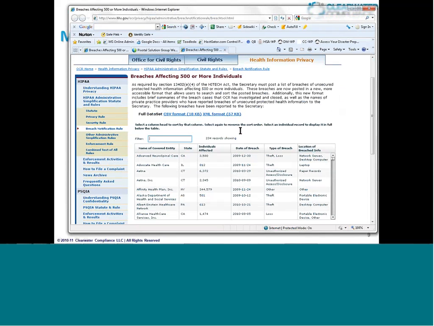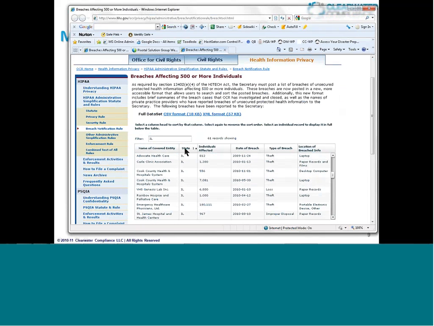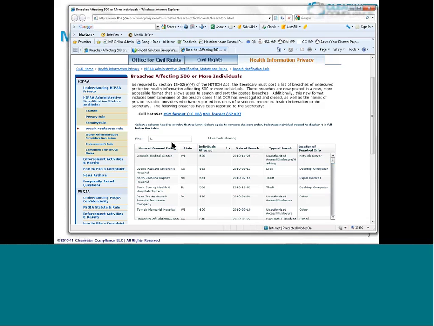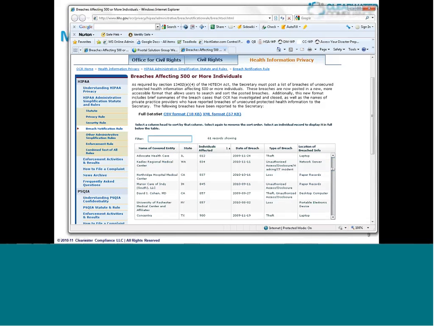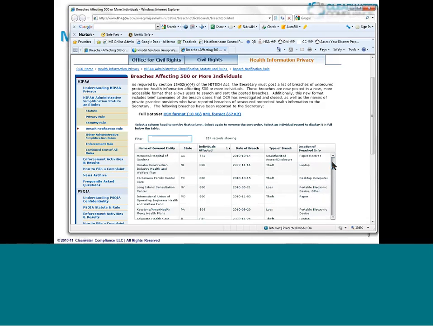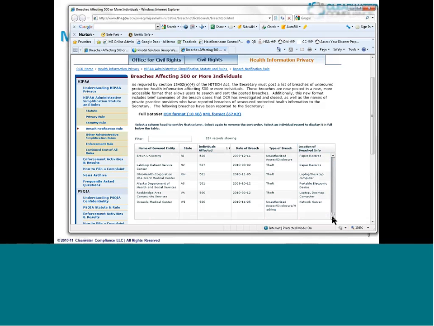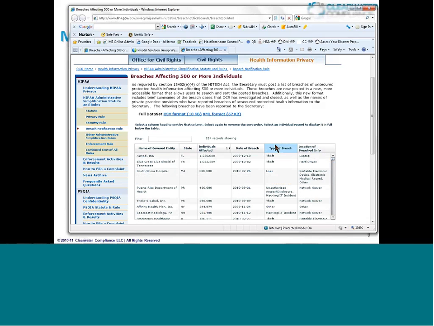You can look for medical practices. You can restrict it to certain states, or at least include only the string CA in it. Let's try Illinois. That might be a little better. Sort it. You can sort by the number of individuals who were affected. You can also look at the kinds of bad things that have happened and where the data was located when those bad things happened. Leading the league in terms of data breaches is an insurance plan in South Florida called